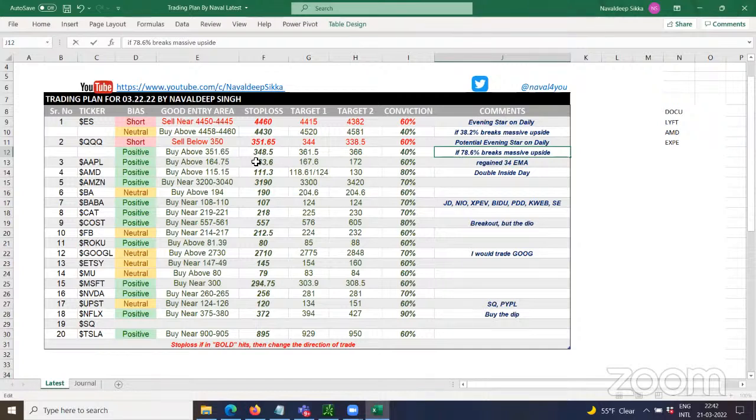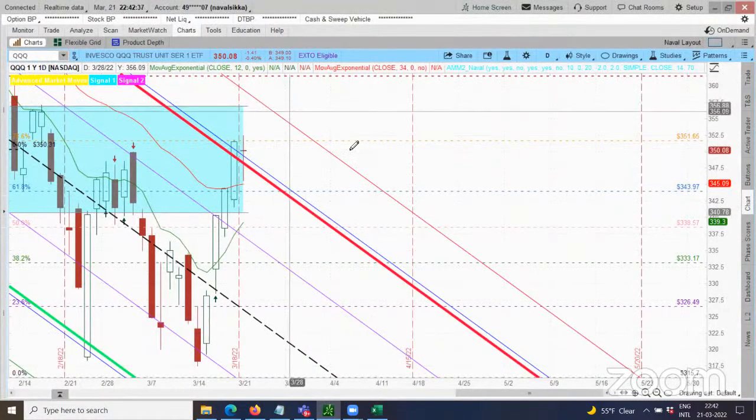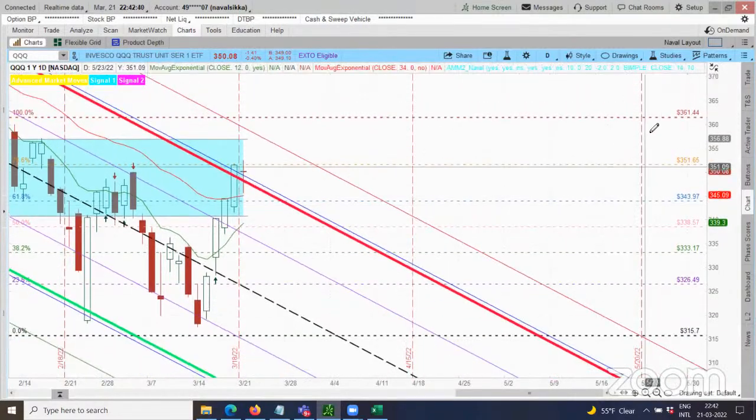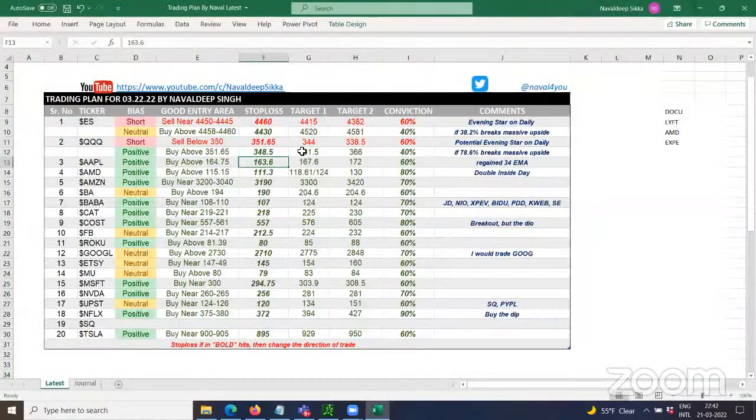Again, that is 351 area. If it breaks 351, there's a very high potential it can go higher, but which I don't see as of now. So I'm going to limit it to 361.5. So on the upside, if we break these two important levels, we will have at least 2.5% of upside. If the downside breaks, we have a very important support, and I assume that these important supports like 43.82 should